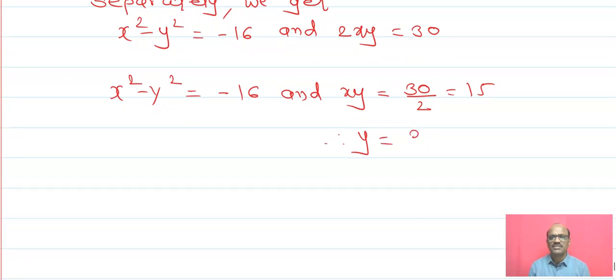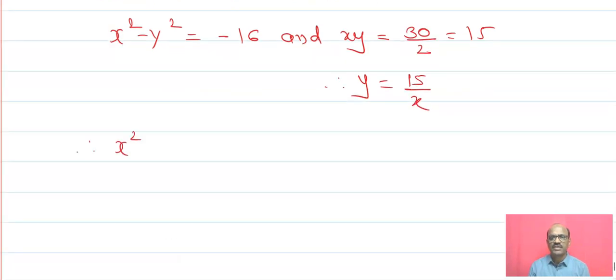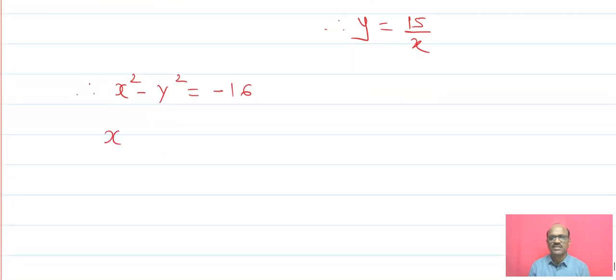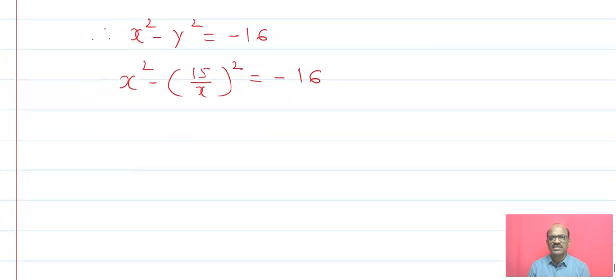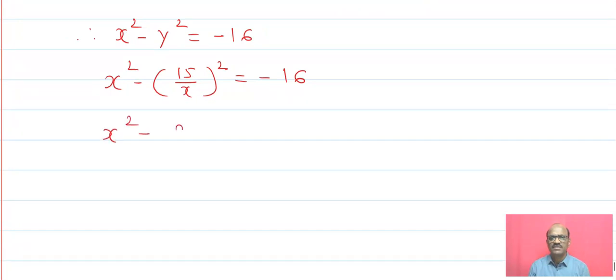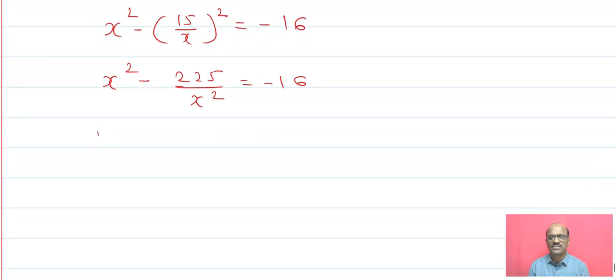And that's why y is equal to 15 upon x. Now substitute the value into x square minus y square is equal to minus 16. x square minus y square means x square minus (15 upon x) square is equal to minus 16. Simplify this: 225 upon x square is equal to minus 16. Now multiply on both sides by x square,